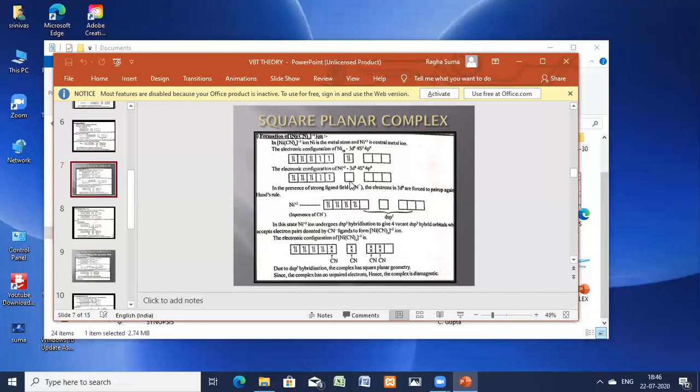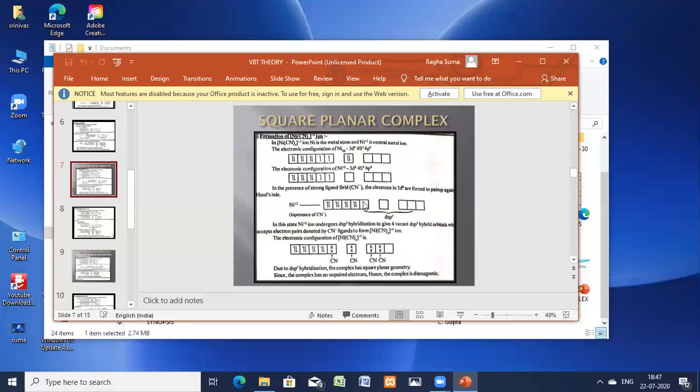Now the central metal ion is surrounded by the strong ligands, cyanide ions. When these cyanide ions approach the central metal ion nickel, it is a very strong ligand. In the previous class I told you chloride is a weak field, a very weak ligand. Now here you can see the strong ligand. In the presence of the strong ligand, these electrons get paired up against Hund's rule. This is one of the postulates. After getting paired up, we have the nickel +2 ion configuration.